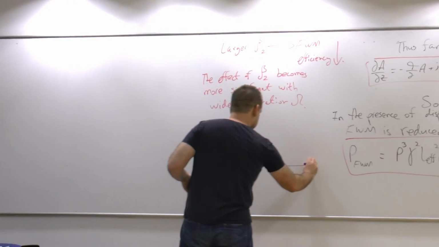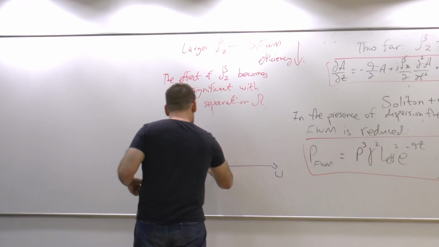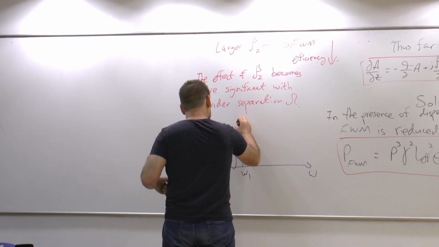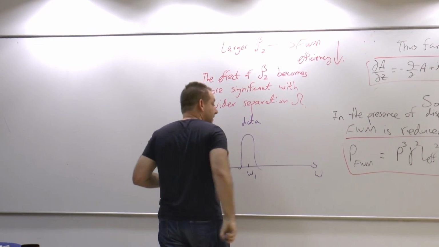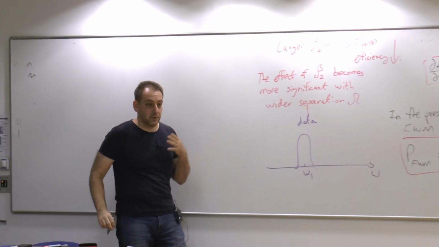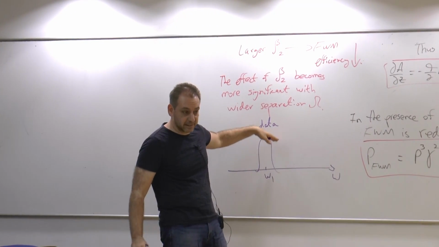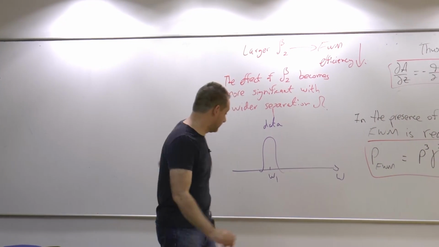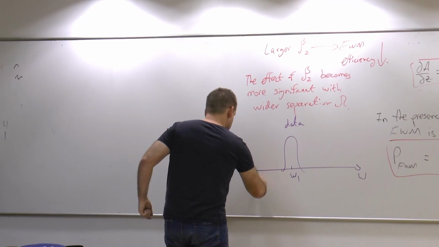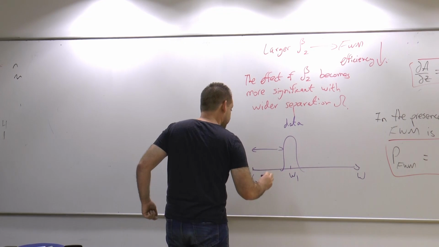Suppose that this is my frequency axis, and this is a data channel at omega 1. And for any network reason, I want to transfer this information that is being carried here to a different channel, which is out here, omega 2, some